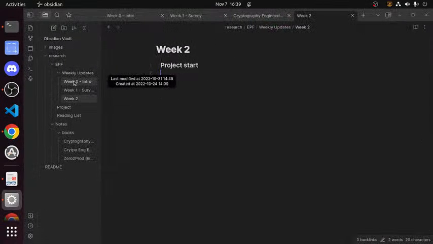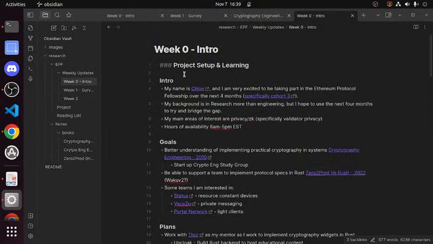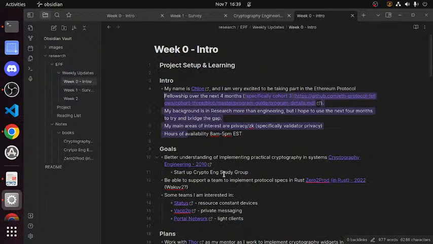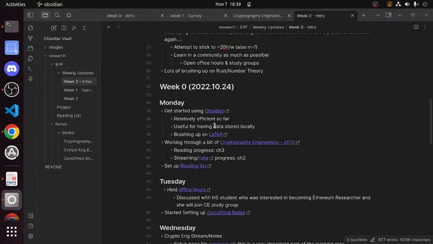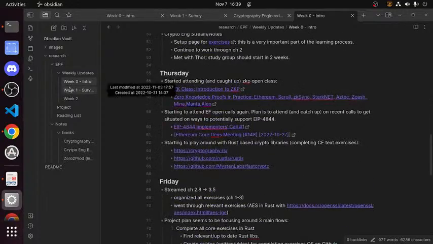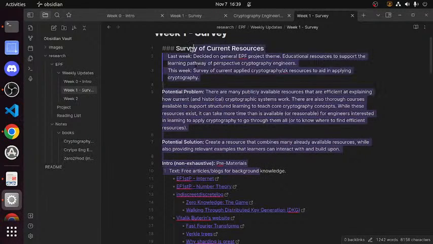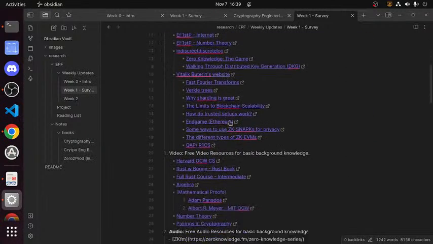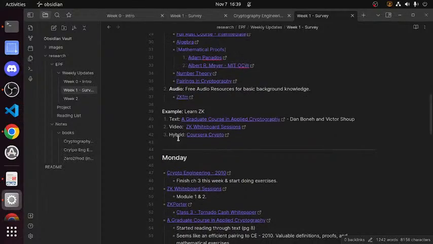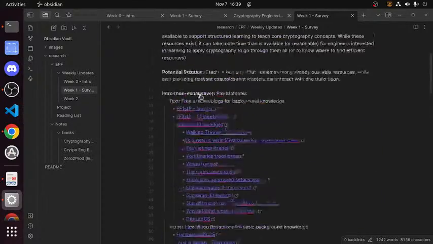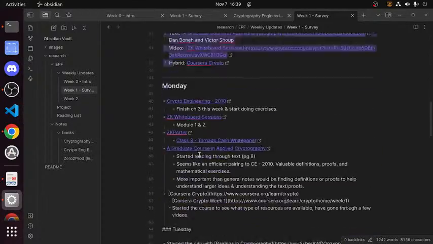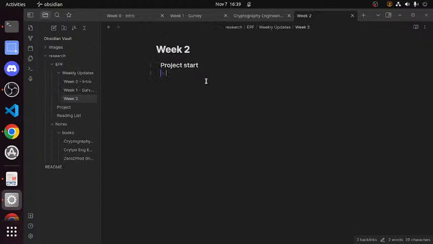Week 0 was very much set up the project: who am I, what are my goals, what are my plans, what's happening every day. Week 1 had a little less of this kind of intro, but I had this huge breakdown. Actually, it was pretty long. A lot less of that now. I'm literally just going to start into the project now, just taking the notes.